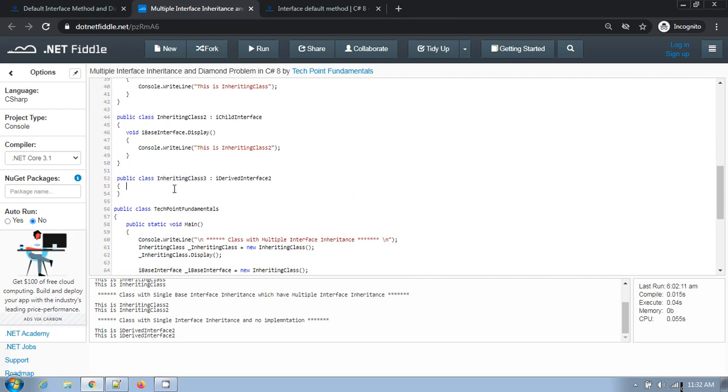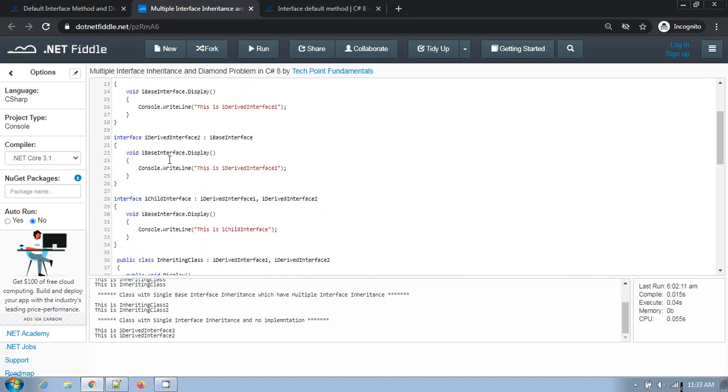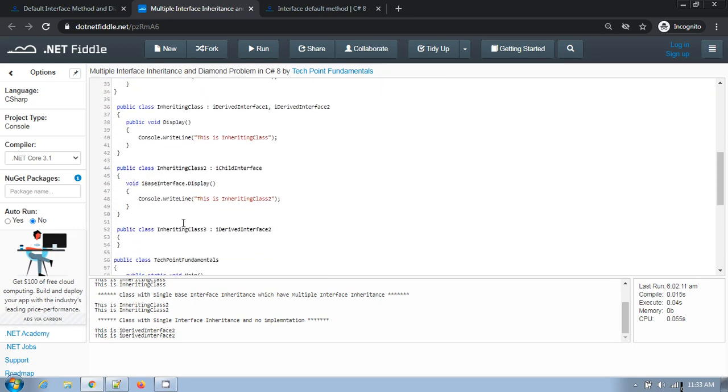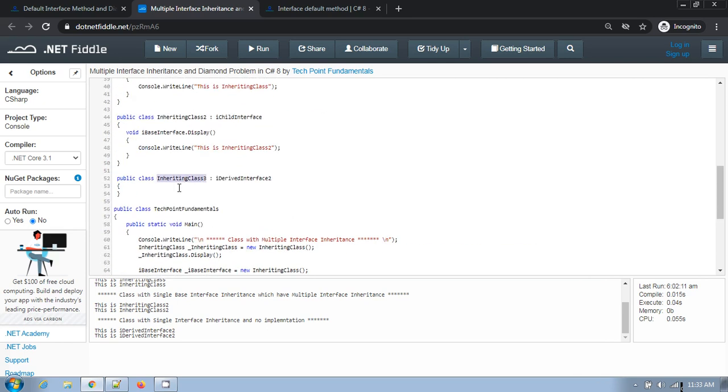If here you see again the same example, in inheriting class 3, if you are not providing any default implementation of IDerived interface 2, this inherits from only a single base interface, that is IDerived interface 2, which inherits the IBase interface member. So in this case, there is only one implementation, which is in IDerived interface 2, and there is no implementation in the class inheriting class 3.